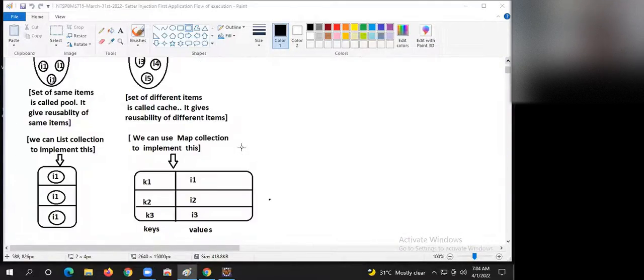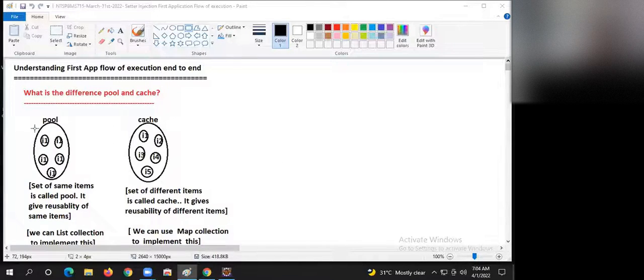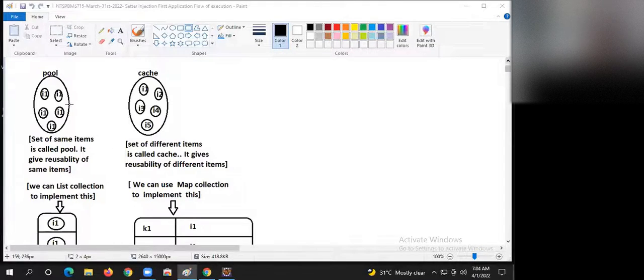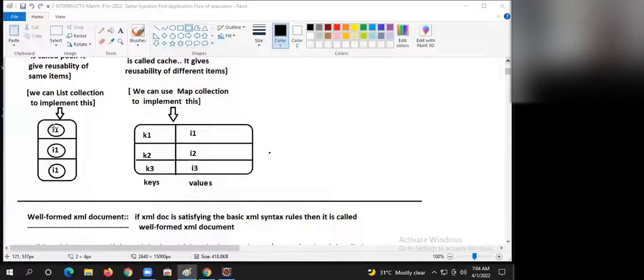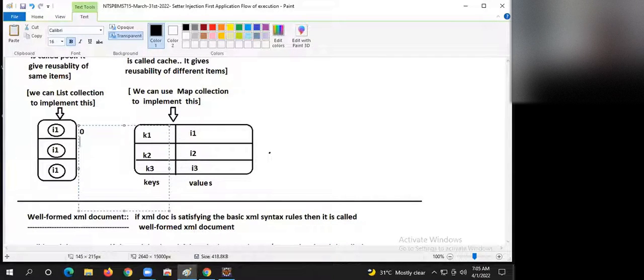Before that, we discussed what is the difference between pool and cache. Set of same items, pool. Set of different items, cache. Pool gives reusability of same items. Cache gives reusability of different items. Okay. Next,